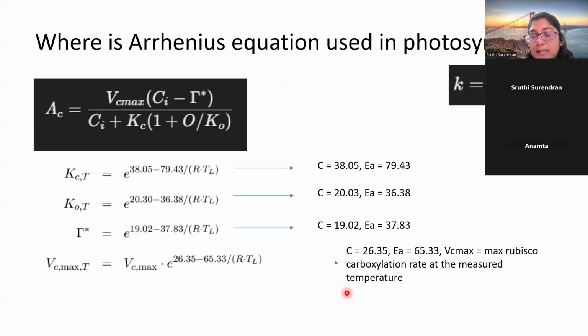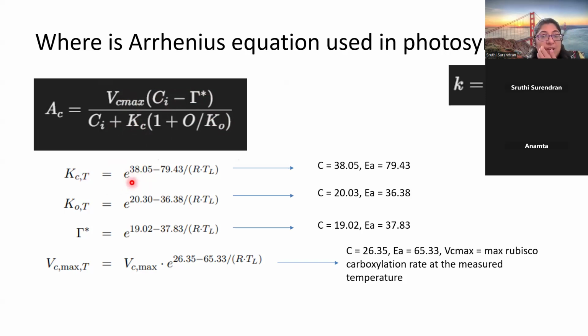Now, in our C3 photosynthesis, where is this Arrhenius equation used? It is used when we estimate the Rubisco carboxylation. We learned in the FPCB model that the Rubisco carboxylation is given by this equation, and here there are a lot of parameters like Vc max, tau star, or carbon dioxide compensation point, the Michaelis-Menten constant for carbon dioxide as well as oxygen. So this term you see, Kc over here, is a function of temperature, and it is represented